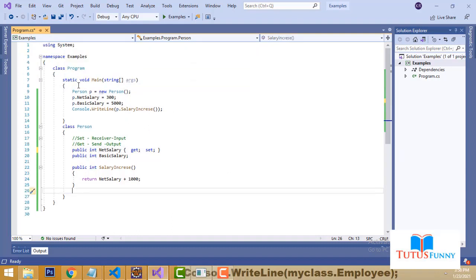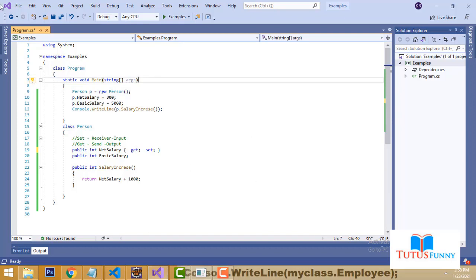Let's continue. Today I am going to explain how the get and set method works. There are many students who asked me how the get and set method works in C# .NET Core. This is very important stuff when you are writing a program. In my last class I showed you how to open .NET Core and everything. Those who have not watched that video, I gave the link in the description below, the part 1 .NET Core introduction video. Go and watch it.